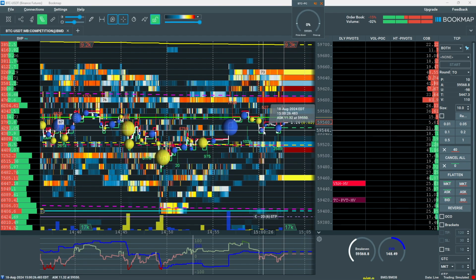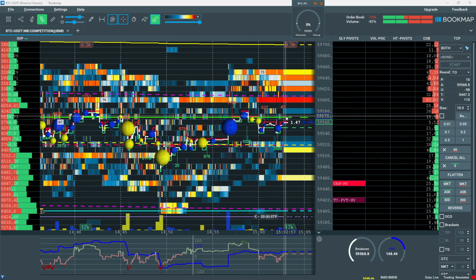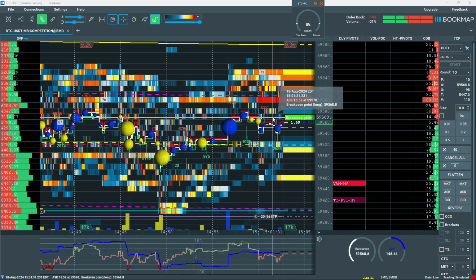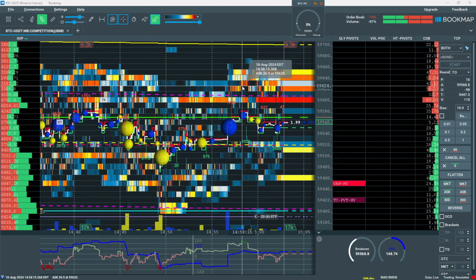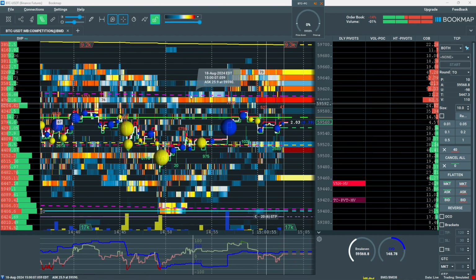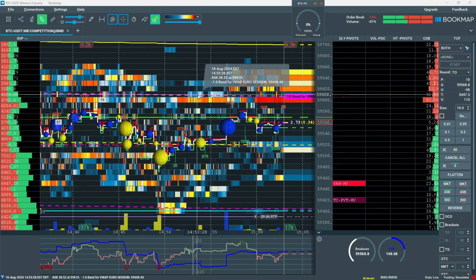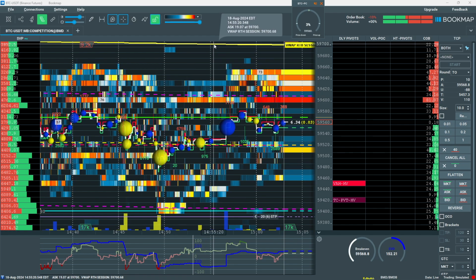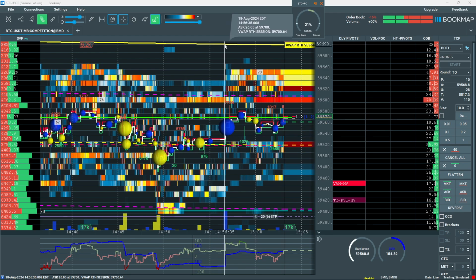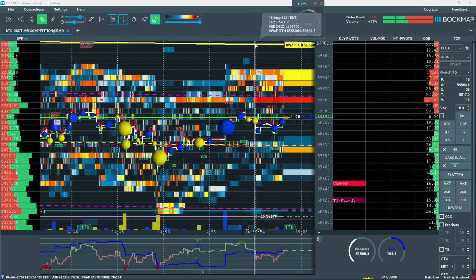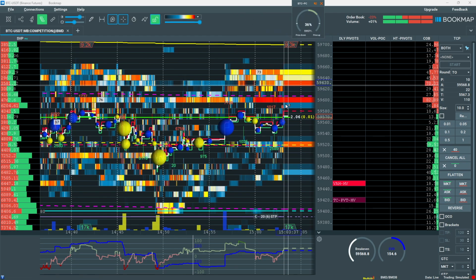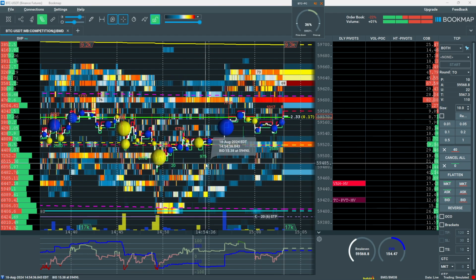All right, so we're still lingering around this, my entry level. We got this liquidity up here as resistance. We got a breakout of minus one on the European session, minus one VWAP deviation, and this will be the RTH session VWAP. So that'll be the first, not really a target, but the first obstacle after we break out of this accumulation area.